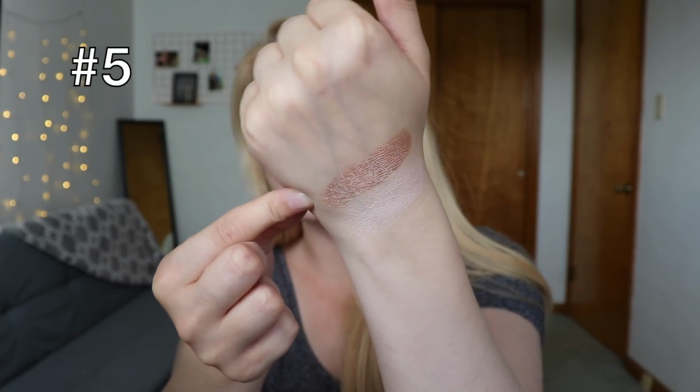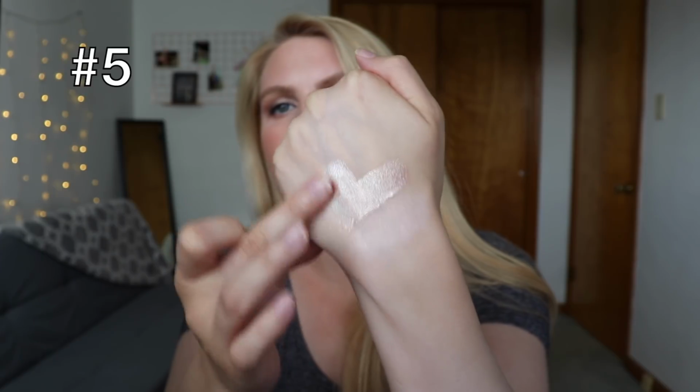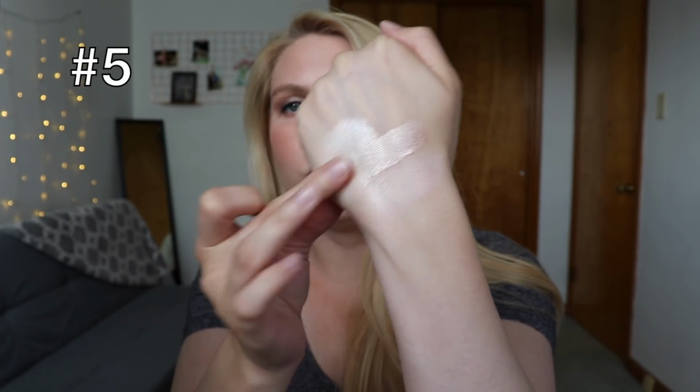I've talked about them in summer favorites videos. I think these are just such a beautiful, beautiful formula. This is what it looks like on my hand. Incredibly, incredibly pigmented, very metallic. It can be sheered out, of course, to not be so harsh, but it definitely leaves a very noticeable